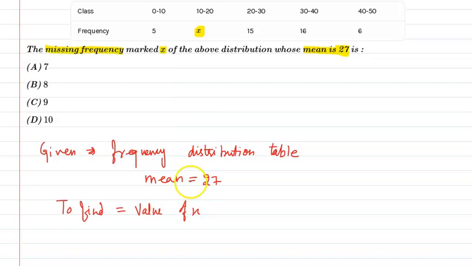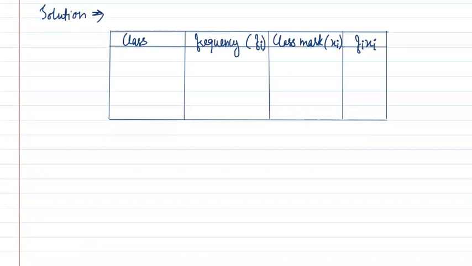So before moving to the solution for this problem, I think you should know that we are going to convert this horizontal table, like this table is given in the horizontal form, okay? So we are going to convert it into the vertical form. Why are we going to do that? We are going to do it because इससे हमारी calculation थोड़ी सी easy हो जाएगी, okay? So we will do that. So here you go guys, you can see I have converted that table into the vertical form, okay?